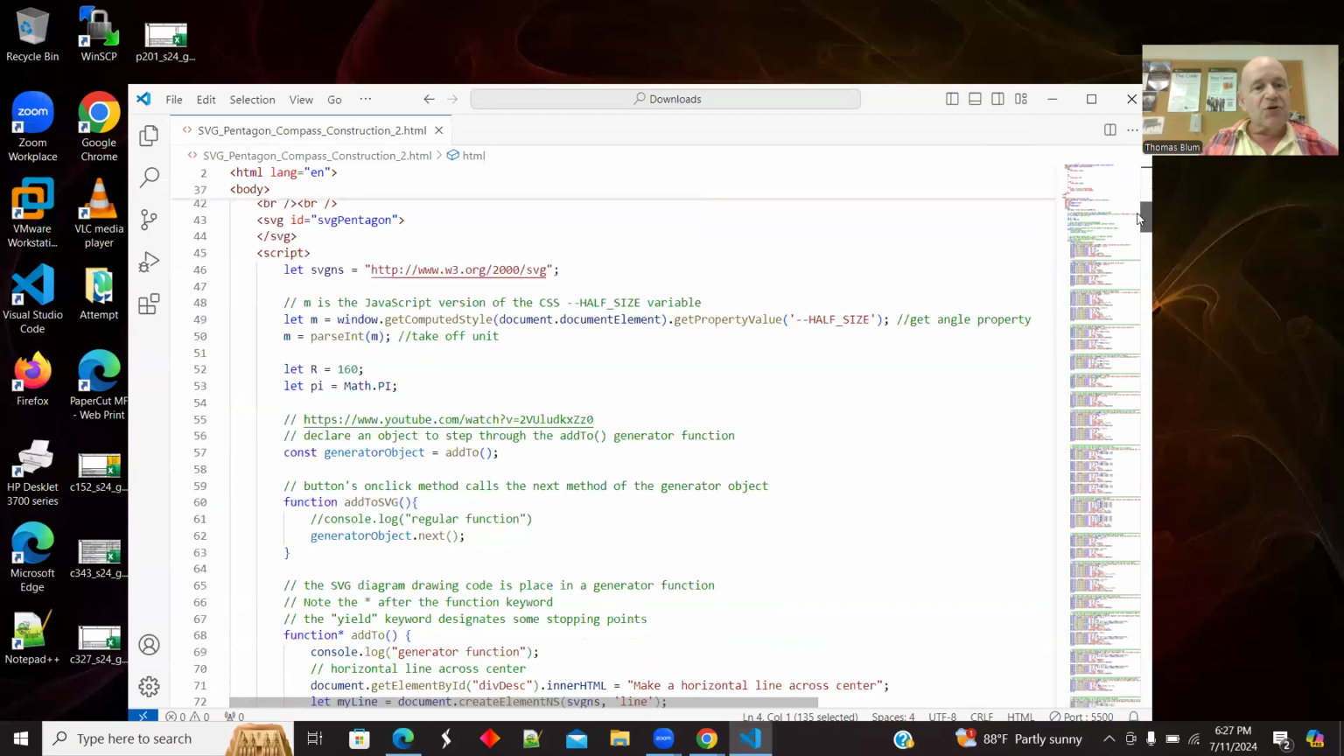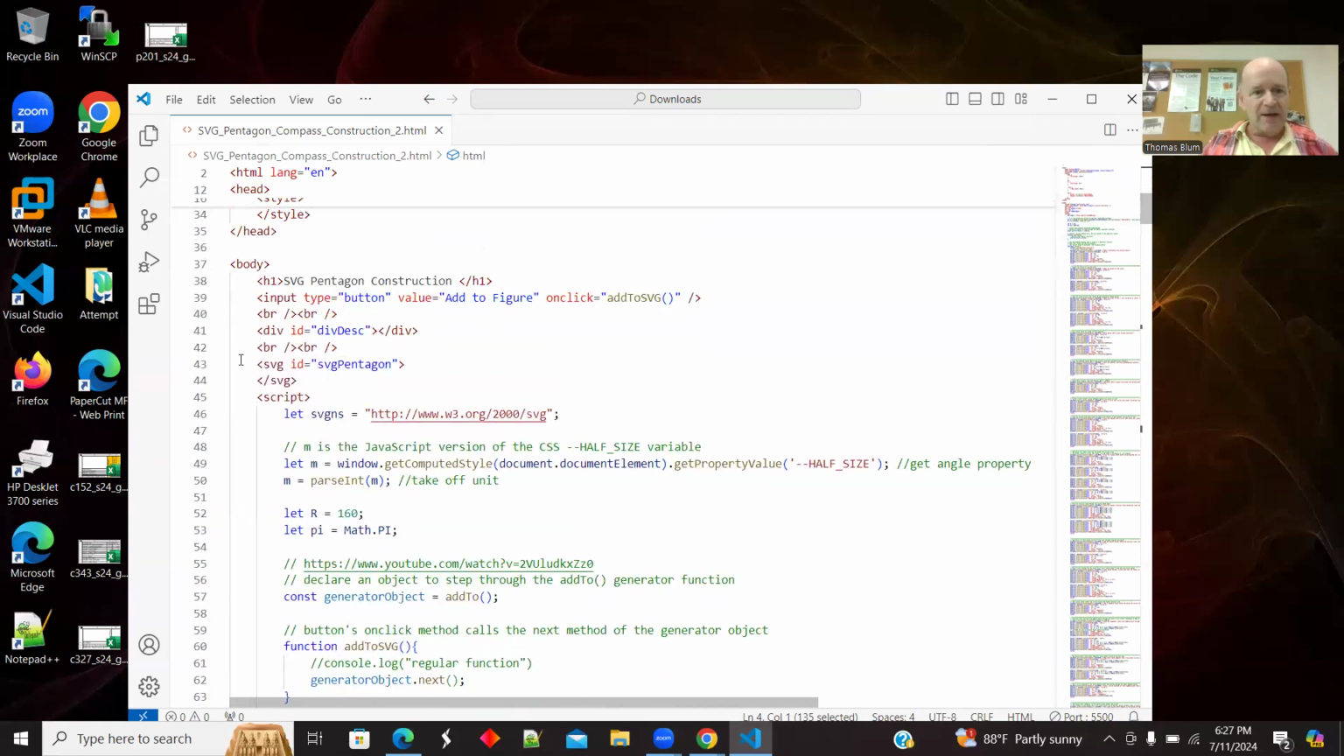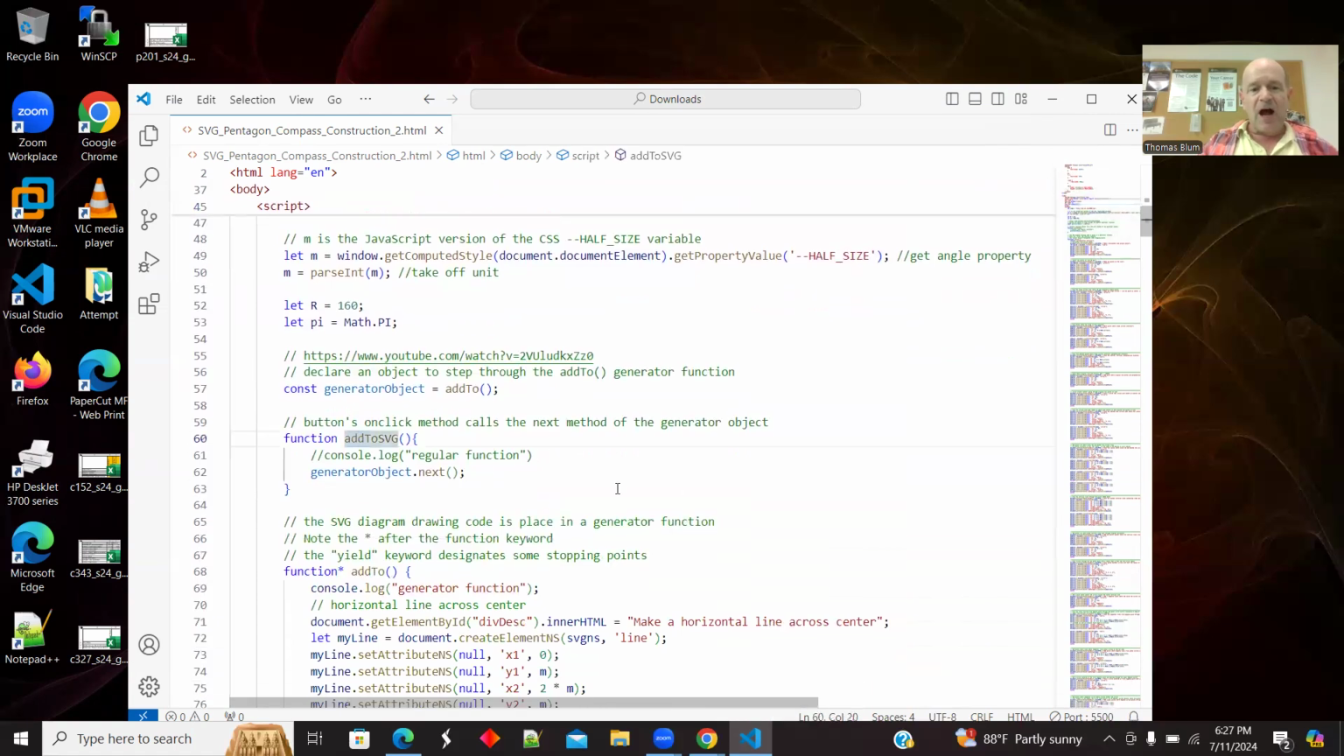Okay. So let's first talk about the generator function. I have a button up here, and I just did a very old-fashioned, straightforward onClick, and I'm calling a function addToSVG. I'm going to add something to my scalable vector graphics element, which is here and originally empty. And that function,